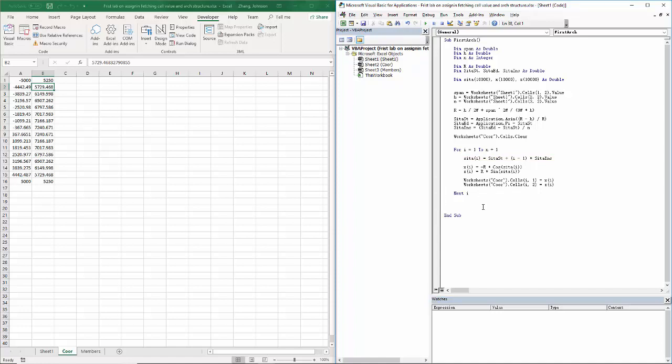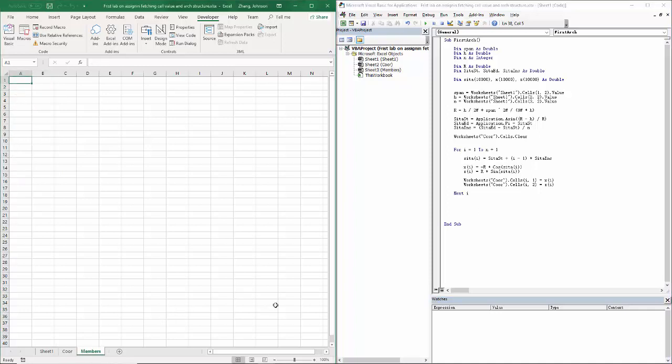Now the next one, what we're trying to do is create the members. For the members, we need to generate every single member one by one. So how many do we have? In total we have n, because you have n divisions and n members. You have n segments, n members. So we use i again. For i equal to 1 to n this time, and then